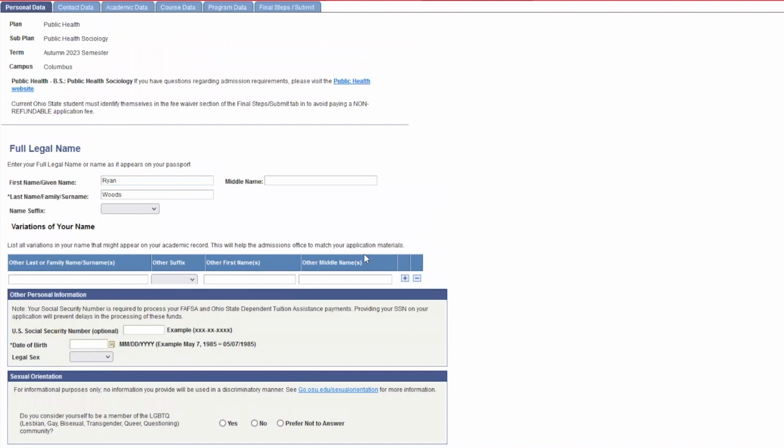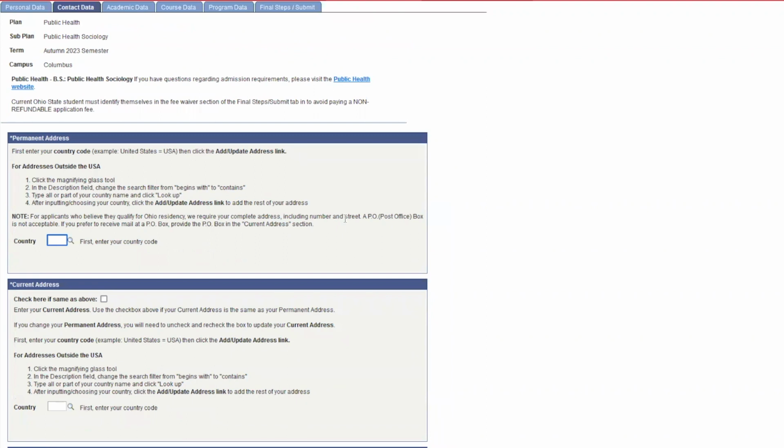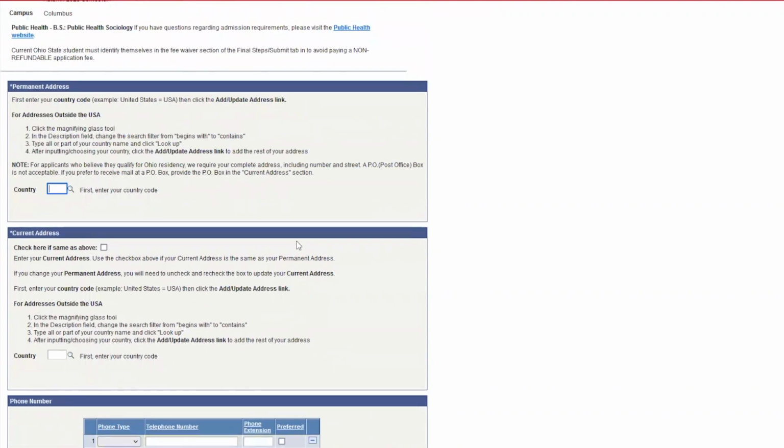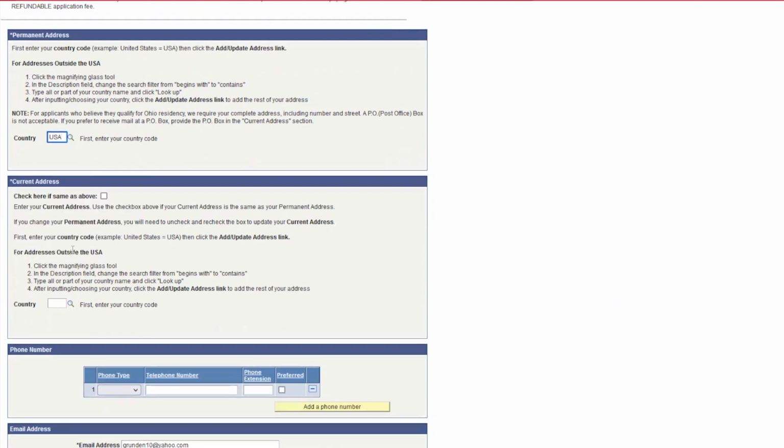In going to the next tab, this is just a little bit of information about your current address and permanent address. If you look here at where I'm hovering, this text box is where I see the most challenges and errors for students, because it asks for your country of citizenship, or sorry, not citizenship, the country that you're living in. I apologize. So I'm going to put USA. If I scroll down and click away from this and don't look back, I think that I'm done.